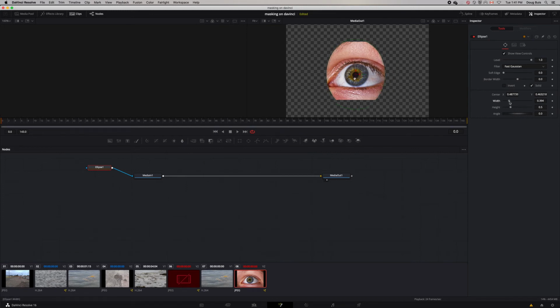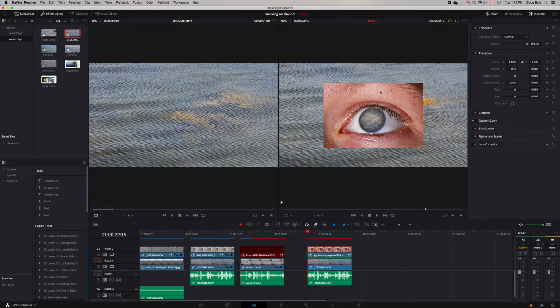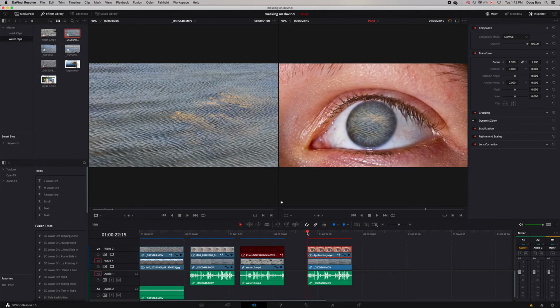And then you work on the height and the width of it using the scale tab or the size tab. And then you soften the edge. And of course now you want to invert it so you have it right in the middle of the eye. And you can actually move it around a little bit, and then you can make the border width larger or smaller. And again, you can soften the edge. Now we go on to the timeline, and you see that suddenly this is smaller again because you've masked it, and so you need to adjust the size of the actual image itself, and the mask will adjust with it. So now you have this kind of nice bit of